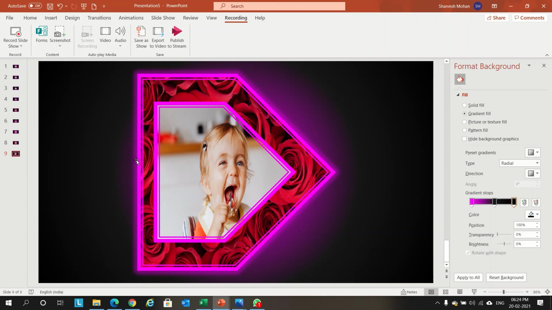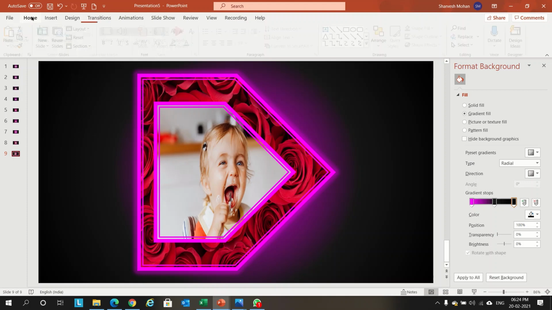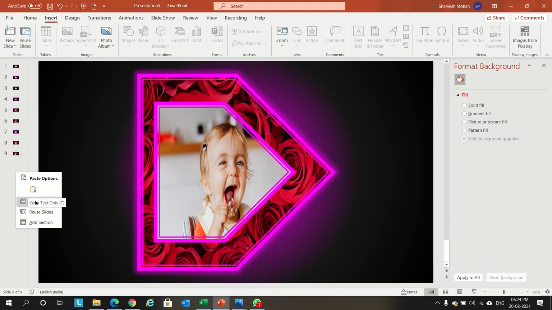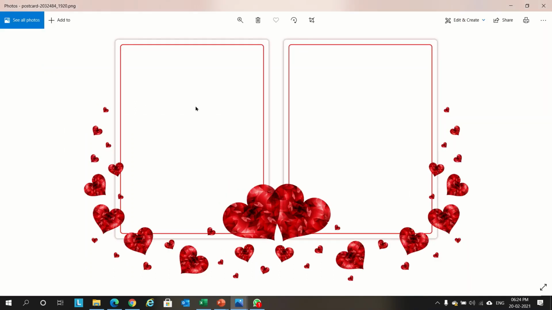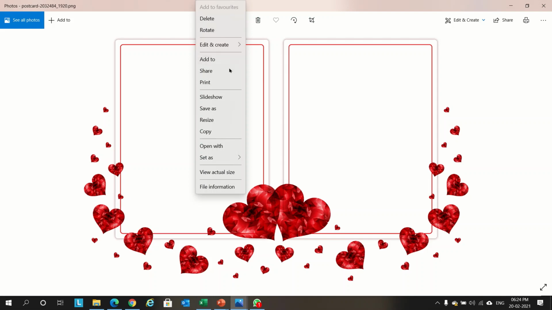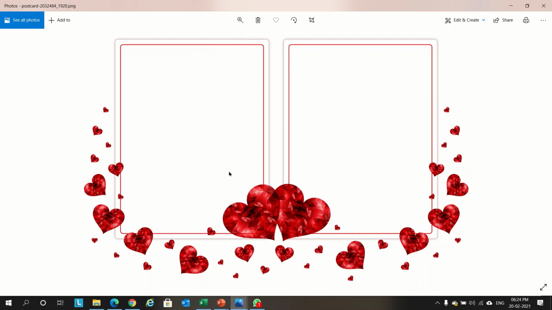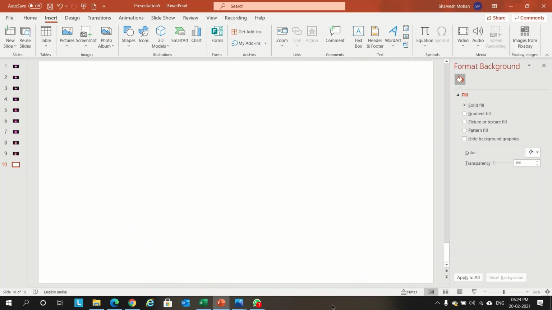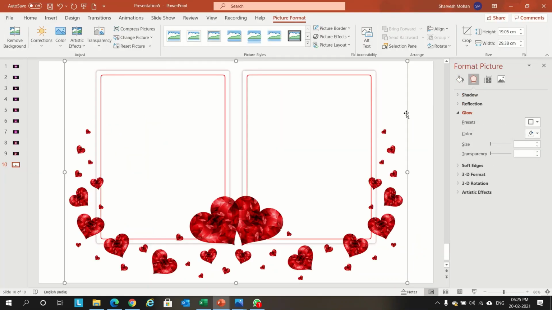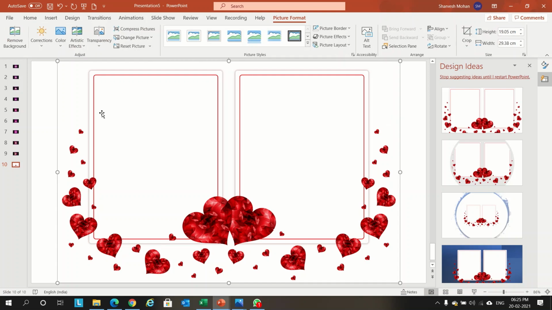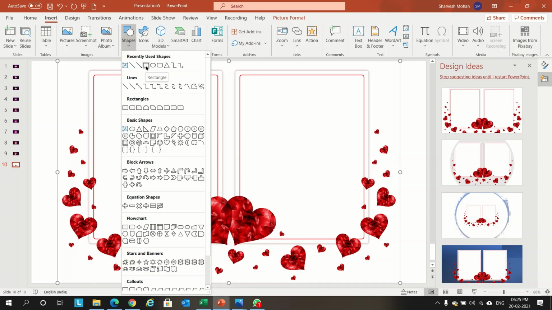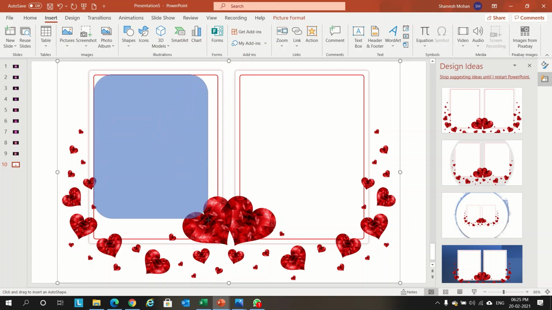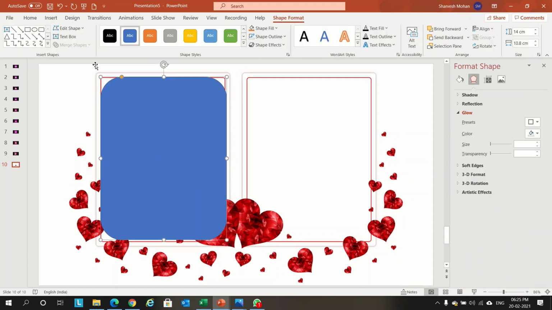Then as I indicated, bonus trick: we'll insert a new blank slide. I downloaded a picture, and if you want to copy any of the frames available from the net, you can download that. If you want to insert that in this frame, go to Insert Shapes, click on the rectangle, and drag it like this.